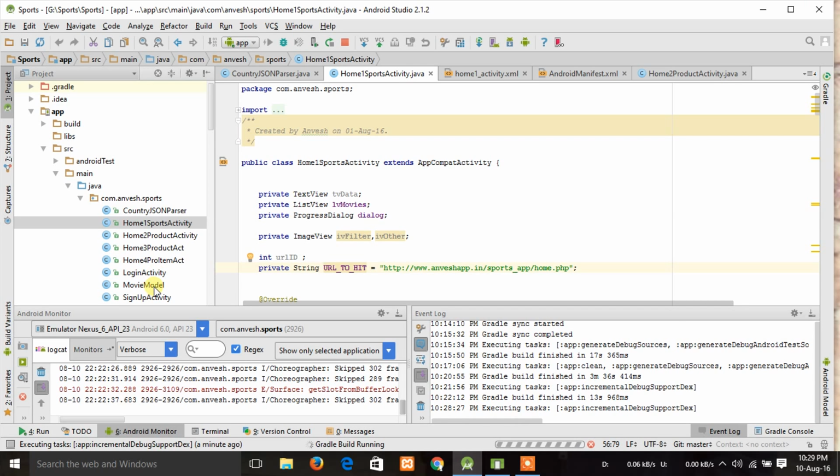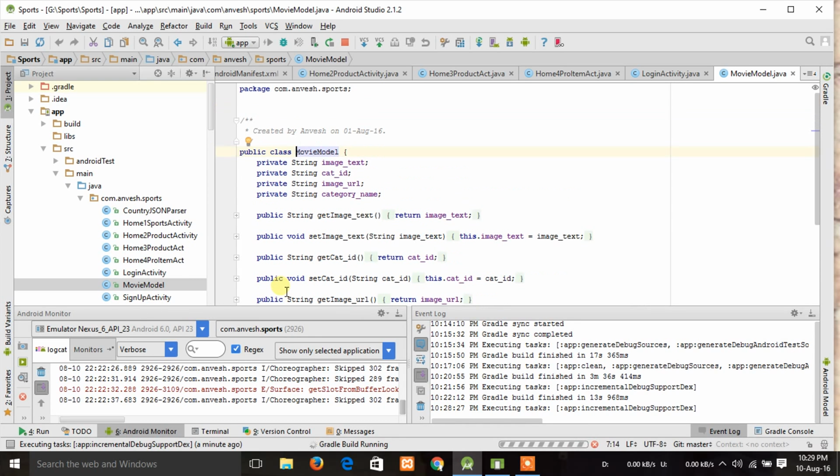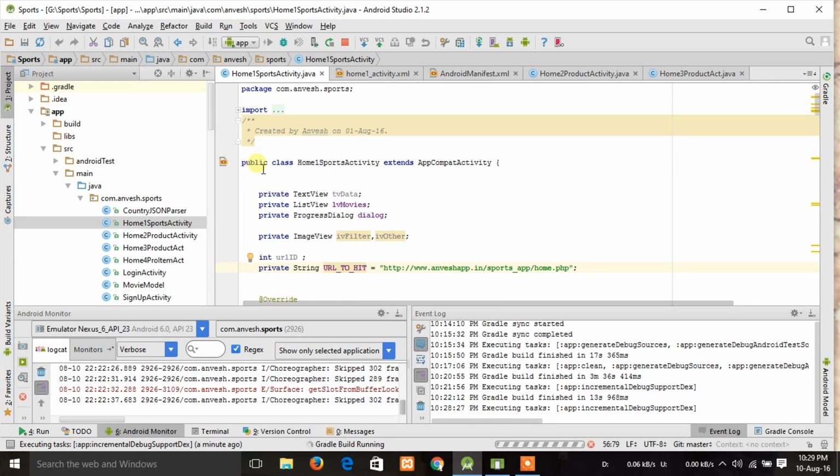This movie model is for setting the image and returning the image, and the sign up activity is for the sign up coding. So let's go deep into that. Firstly, this is my URL, the domain named by me. This URL is used for data fetching